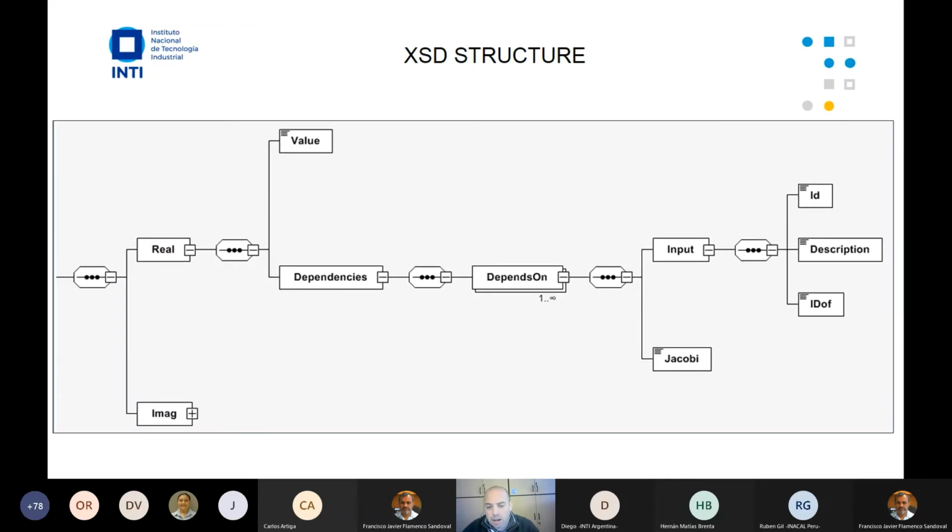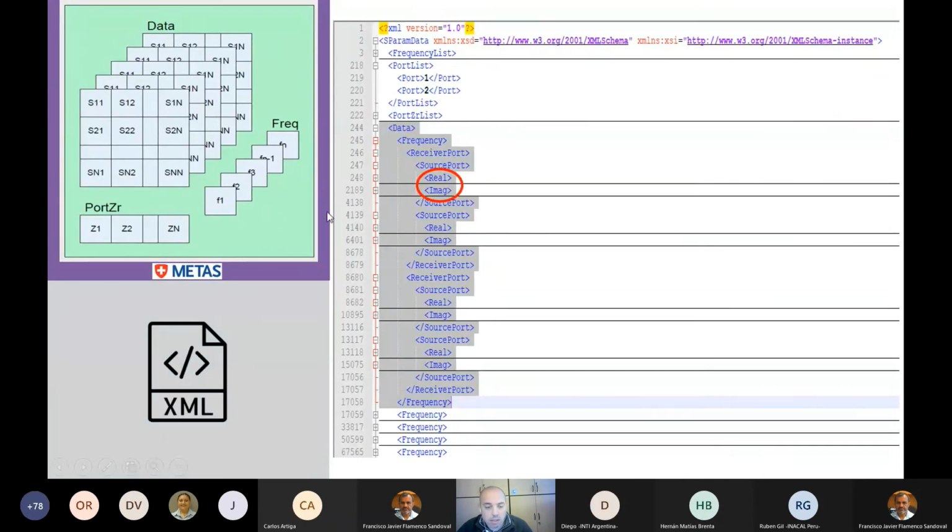So here is how it looks. An uncertainty number. You see, I read out the VNA. VNA is short for Vector Network Analyzer. It is what we use to measure S parameters. So these are the general fields. You have a real part and an imaginary part. You see now that you have dependencies to an input quantity, an influence quantity, and a Jacobian, which is a term from multivariable statistics, but it's the partial derivatives. The same, of course, with the imaginary part, and all of this is